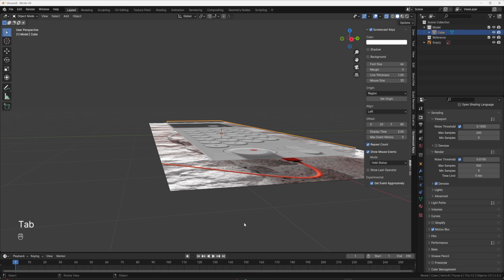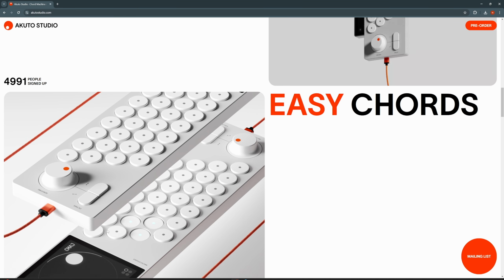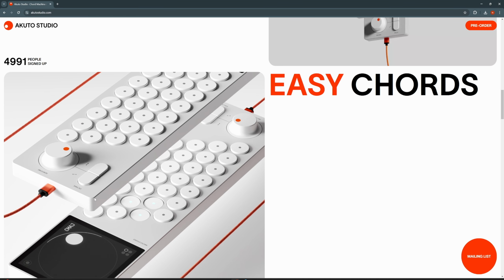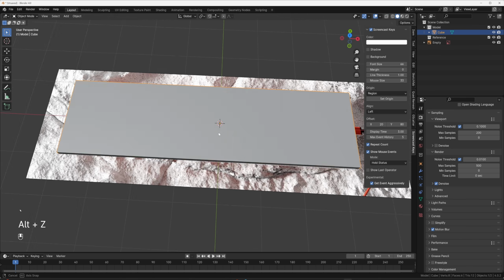I would use pictures from the website here to show kind of how thick it is. That's where I'm getting this reference image. And also you can see that there's a very small chamfer on this. We're going to be using that here in a second. So I'm going to go back into the top view, out of X-ray mode.